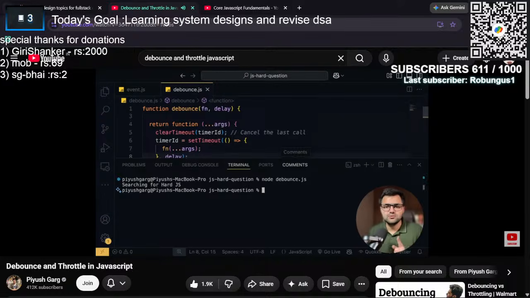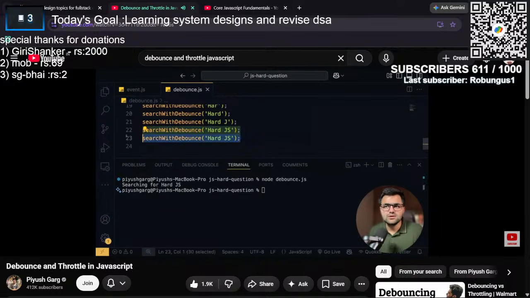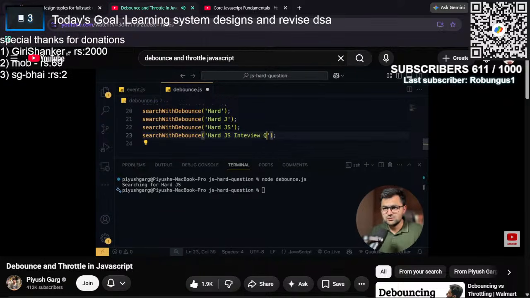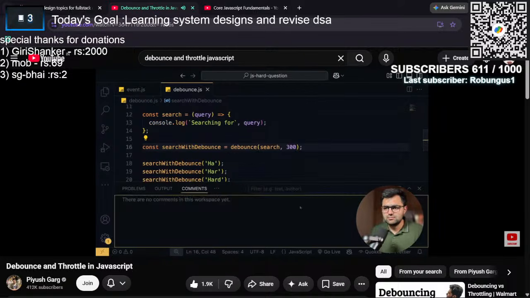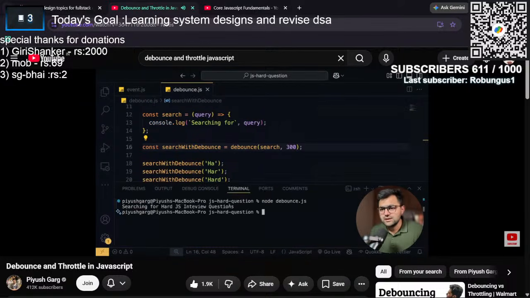हुआ, कितनी API कॉल्स हुईं? Searching for hard JS, देख रहे हो कितनी कॉल्स हुईं, सिर्फ एक कॉल हुई, JS interview questions, because 1 सेकंड का टाइम था तो कितनी कॉल्स हो पाईं, सिर्फ और सिर्फ हमने एक कॉल की, करेक्ट। Let's say अगर मैं ये टाइम बहुत कम कर देता हूँ, ट्राई करते हैं 300 मिलीसेकंड देने का, मतलब it's like a third of a second, ठीक है, तो भी एक ही हो रही है because हमने एक ही